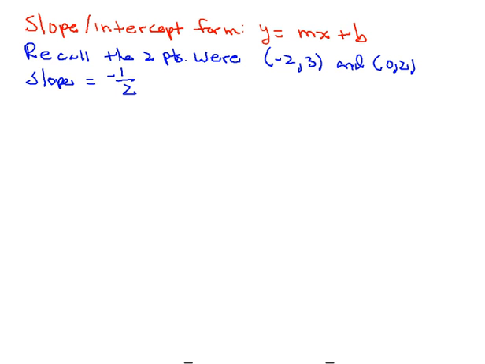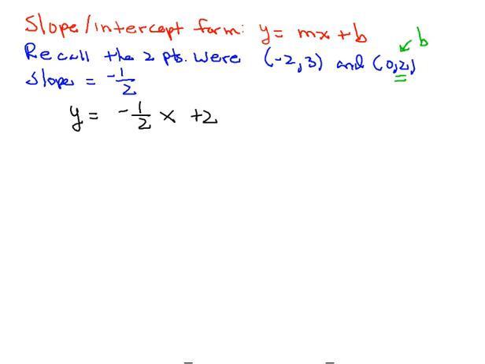Now let's next consider putting the equation into slope-intercept form, which you'll recall is y equals mx plus b. Now I've listed the 2 points again that were on the line, the -2, 3 and the 0, 2. And we're actually going to do this 2 different ways. If you're a shrewd observer, you will notice that the 0, 2 actually is the y-intercept of the line. And so then the y-coordinate of that point becomes our b value. So what we can do then is simply write immediately that slope-intercept form would be y is equal to then -1/2 x